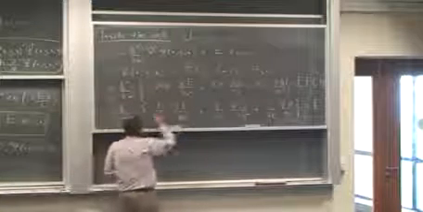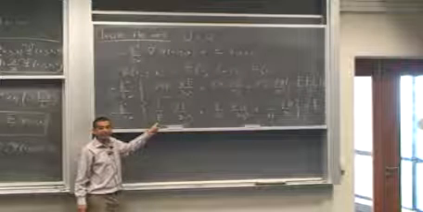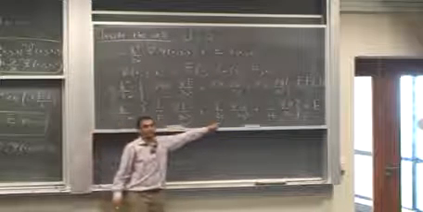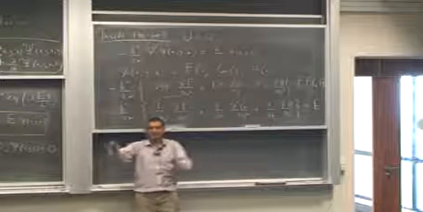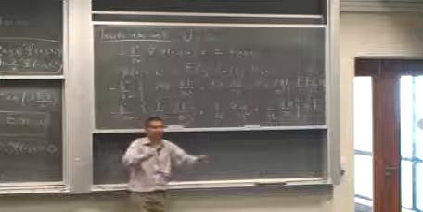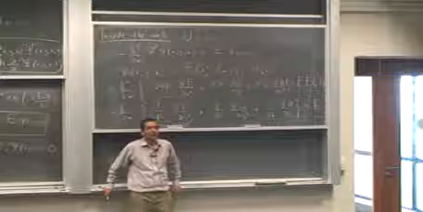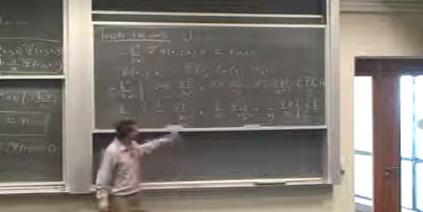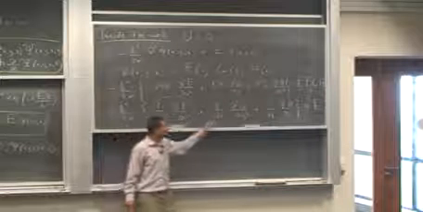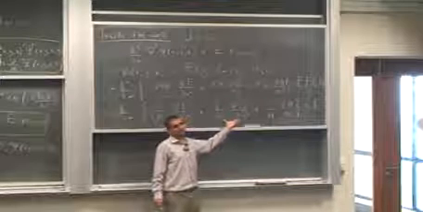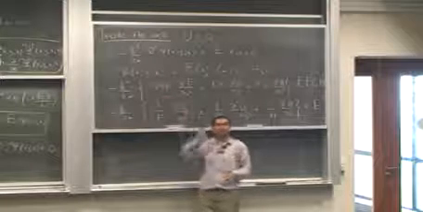This part, does it depend upon any variable? Yes, it depends upon x. Does this depend upon any variable? Yes, it depends on y. And this depends upon z. Now we have an x dependent function, a y dependent function and a z dependent function. We are adding all three of them and getting a constant every time. What does this mean? This means that this should not depend upon x, and this function should not depend upon y, and this function should not depend upon z. So each one of these has to be equal to a constant.